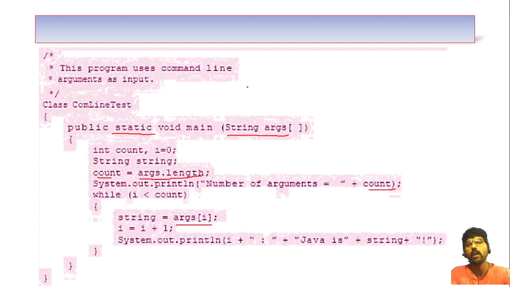What I have to do is write here how to call this program. Very simple. I have to call java ComLanTest. In front of ComLanTest, I have to write robust, portable, simple, compiled, interpreted. Like that, I have to write them one by one. It will take the parameters one by one here.